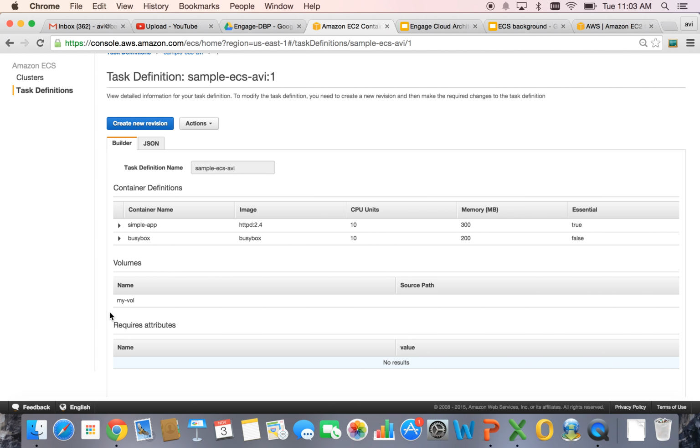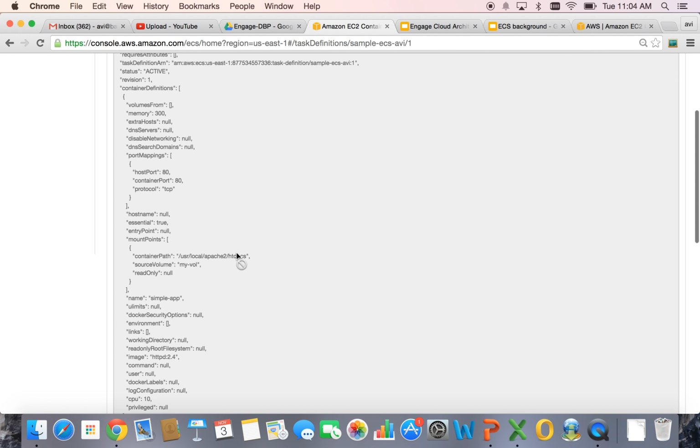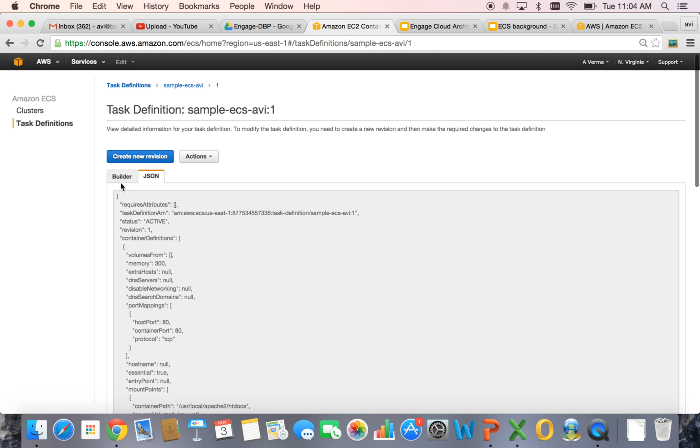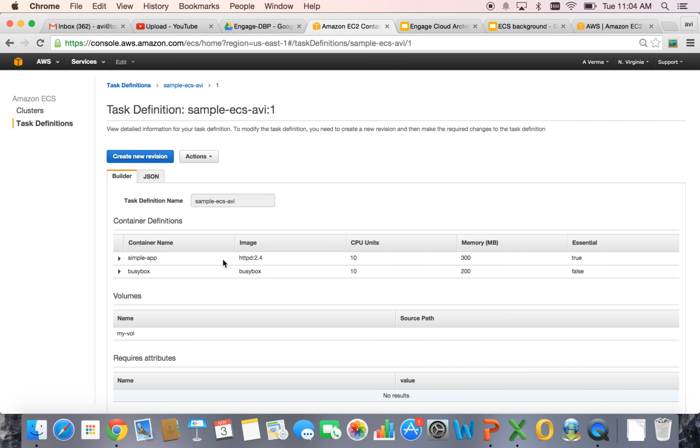And we also have a shared volume called my volume, right? And this is where I was talking about JSON. If you choose to, you can do things in a JSON format. So this nice looking GUI, and by the way, if you try to create,